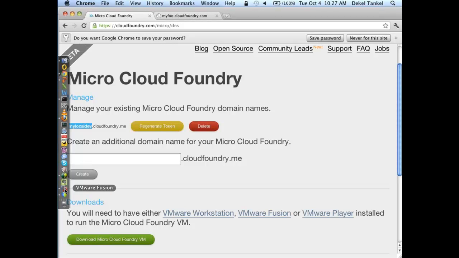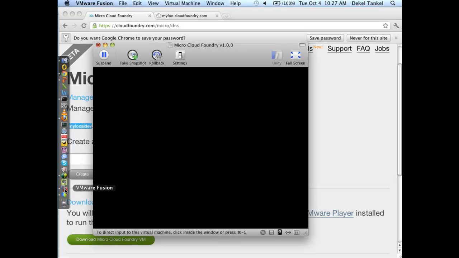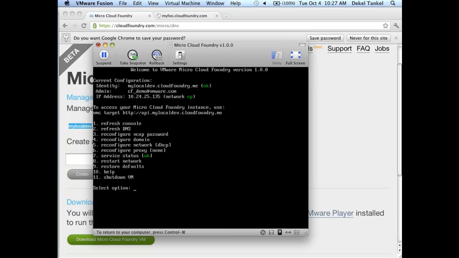So the next step is to run VMware Fusion in my case, because it's a Mac, and install the microcloud. This is a pretty simple step. You can follow the simple instructions. You need to enter your token, set up some users, configure the DNS, which is done mostly automatically, and you're done. You get to this point. So at this point, you have your microcloud ready. As you can see here, I have under admin, that's the main user that I'm using, and my identity is the token that I've used,